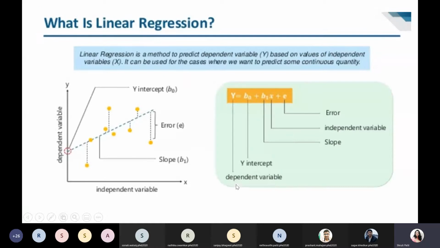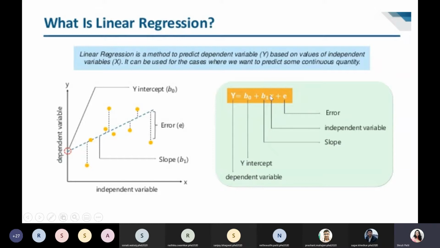Now in this, the main formula or the standard equation for linear regression is y equal to b0 plus b1x plus e. Okay, e is the error or deviation in the predicted value as compared to the actual value, right? B1 is your slope and x is your independent variable.